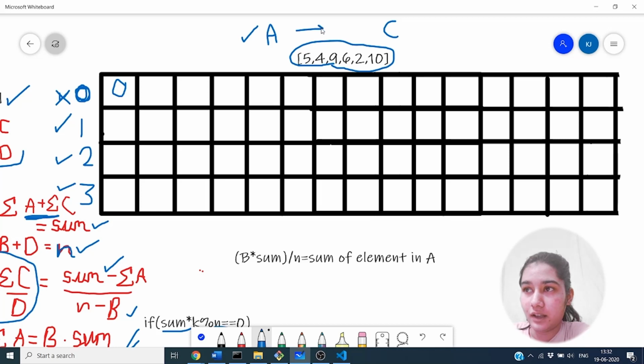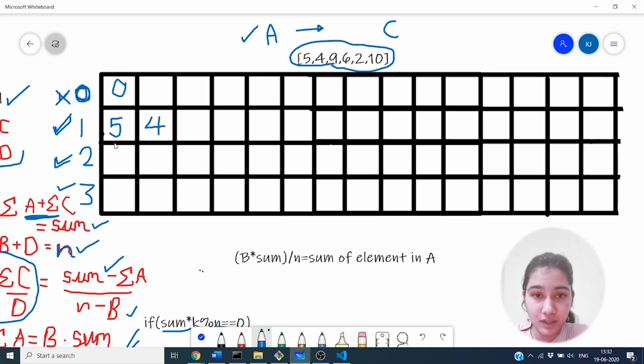If we are iterating over the array, there can be a condition where the array has only the element 5, so the sum of all the elements in array A is 5. Now iterating over the second element, the element in array A can be 4, and as it has only a single element, the sum would be 4. But what if it has 2 elements?